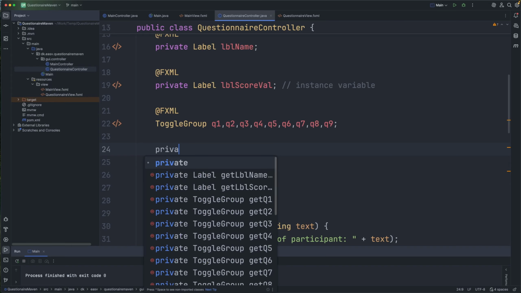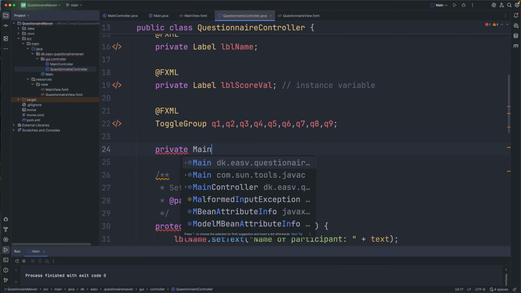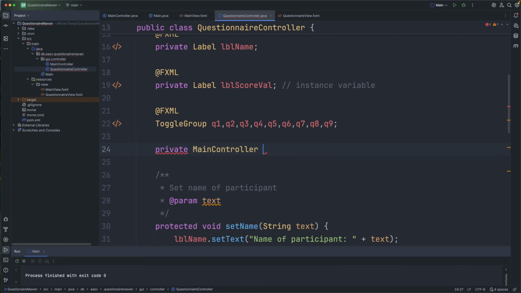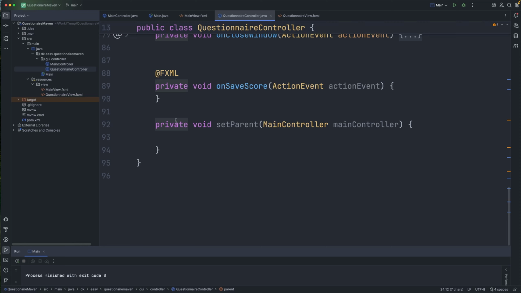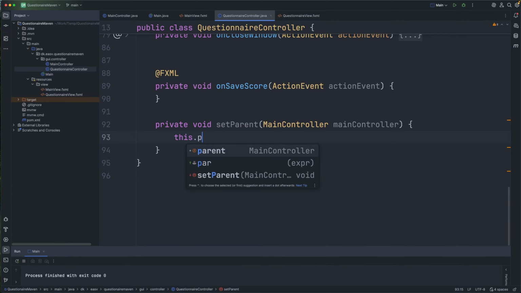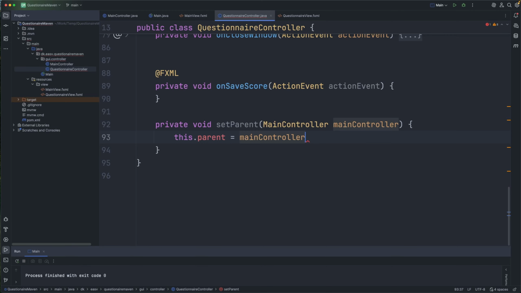So I'm just going to write private main controller parent. So this is an instance variable. This is okay, it's private. It's only questionnaire controller that is going to use it, but the method is a problem that it's private. So let's say this parent should be equal to main controller,